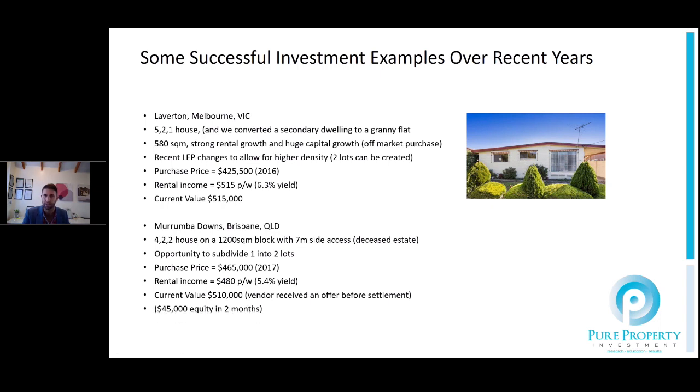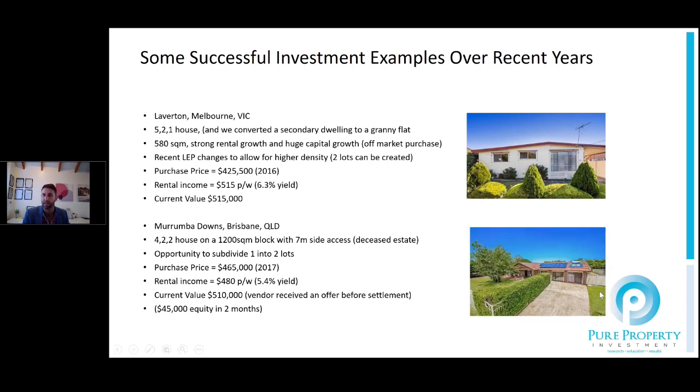However, their intention with this property, as you can see in the picture, is probably to create a separate driveway down the right-hand side of that house, create the second battle axe property, build a property at the back and keep both, and essentially have a very good, sound, well-located property. It was about 3 minutes from a local train station. It's going to be about 5 minutes from a university. It's going to be built, so a good in-demand market, relatively low price point, but also future opportunity.